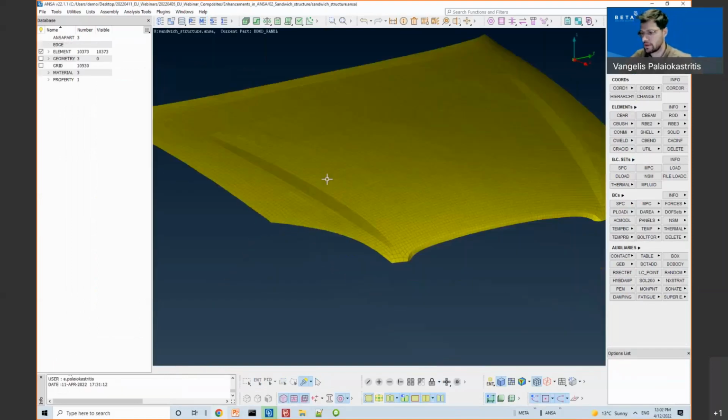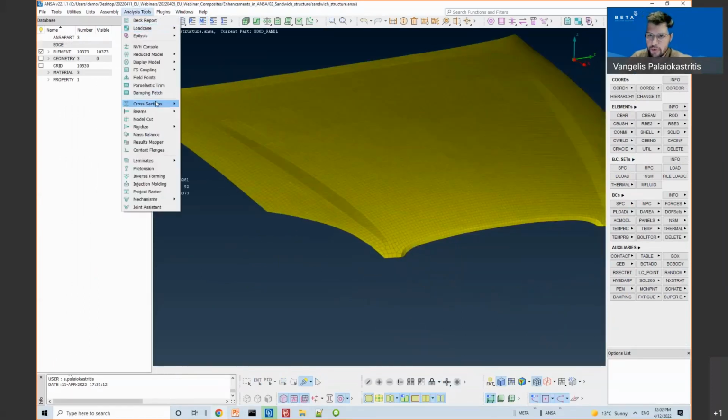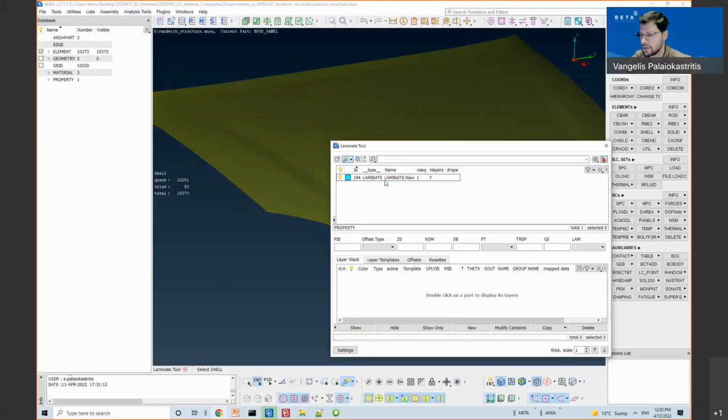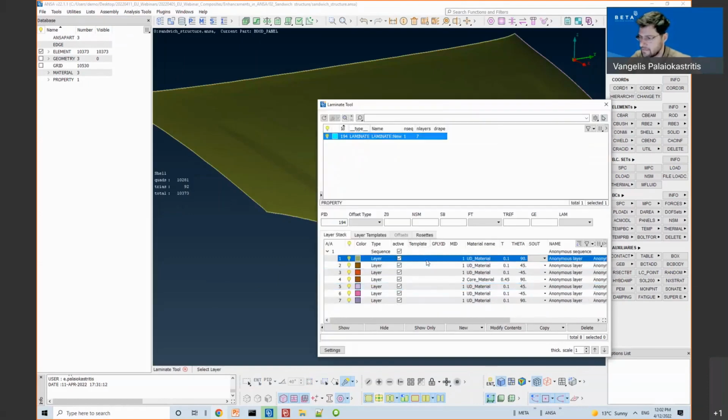Okay, so here we have a model of a hood that is composed by a laminate property, a cell laminate property. If I open the laminate tool, I can see that I have 7 layers defined, 3 layers at the top, a core material, which is also the thickest layer, and some other UD layers at the top.